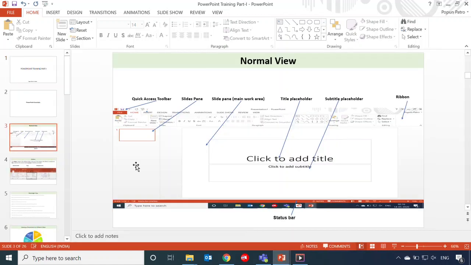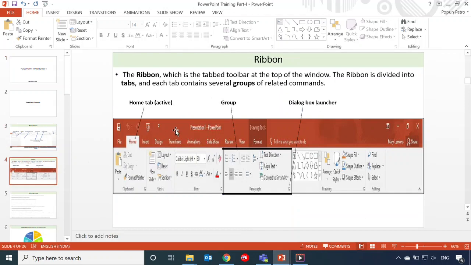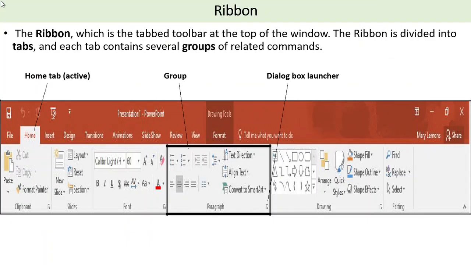Then next learning is about the ribbon. What is the ribbon and what do we call it, because so many options are there in the ribbon. The ribbon is a tabbed toolbar at the top of the window. The ribbon is divided into tabs.